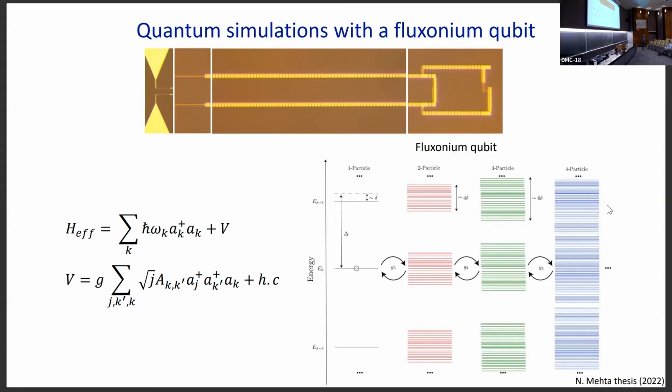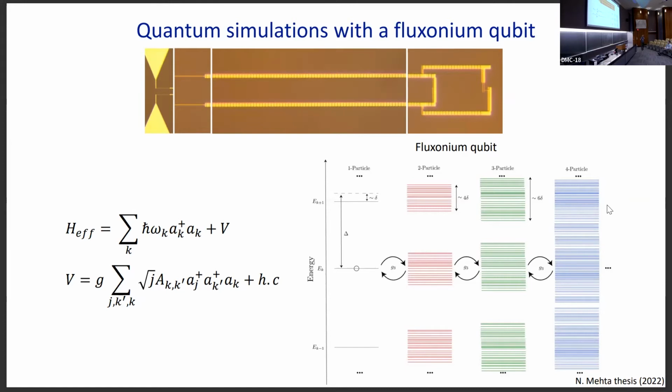But also there will be some matrix elements for the transition between 2 particle states and 3 particle states if you keep the same low frequency photon, and between 3 particle states and 4 particle states and so on. So there's like a ladder of transitions possible if you populate a mode K.